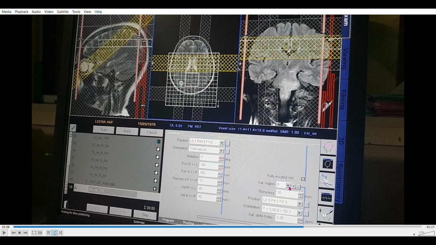The only thing you have to select is the saturation region. You have to click here. So you can select one band each. You press plus and keep on adding. So that's how you do it. Once you have added a band, if you want to go back and select it, you click here again and select the number. So the first one which we added will come as number 1. In that you can adjust the size and thickness here. You can change the position here, and you can change the orientation here. Now in modern machines with modern algorithms, you don't have to adjust here. You can do it here, which is much easier.